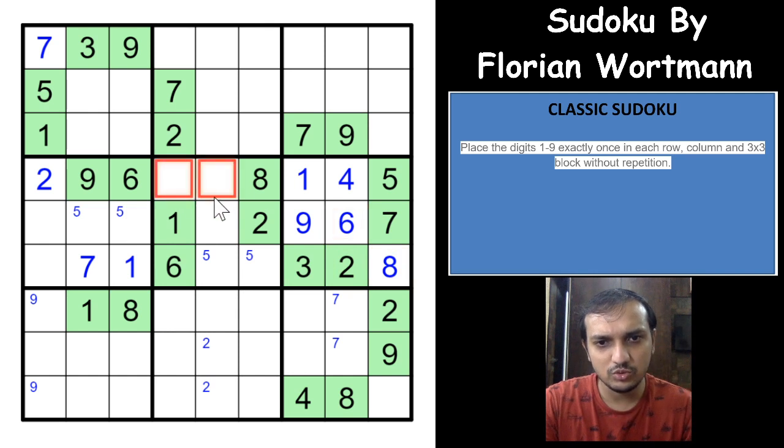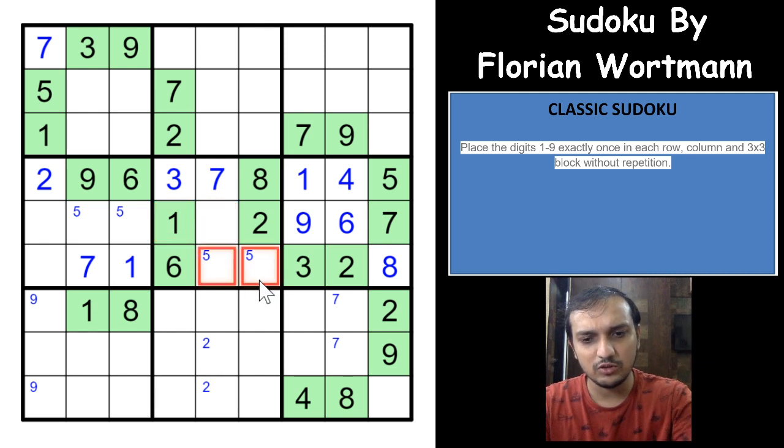Okay, so these 2 digits are 3 and 7 in any order. So 3 would have to be here, 7 would have to be here because of the 7 being here, and 4, 9 and 5, right? So 9 also cannot be here, so 9 also would have to be here. That means this is a 4 now, and you get a pair of 5 and 9 here,